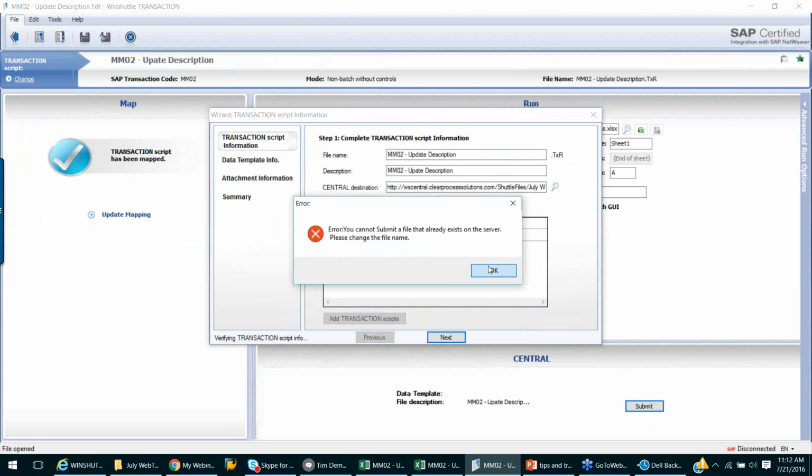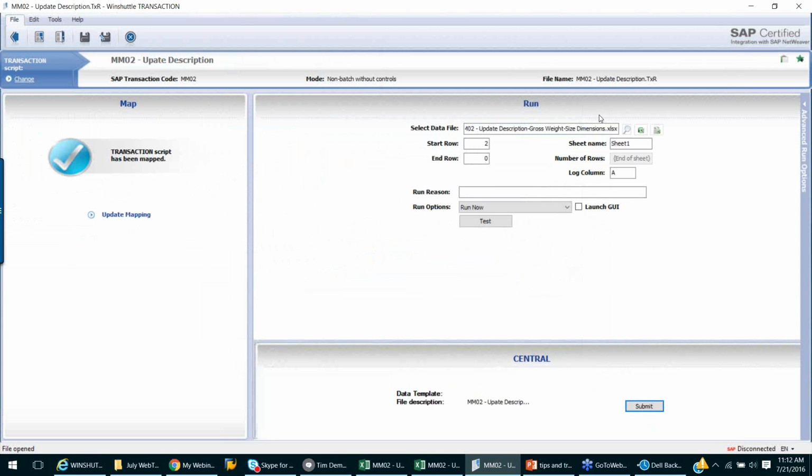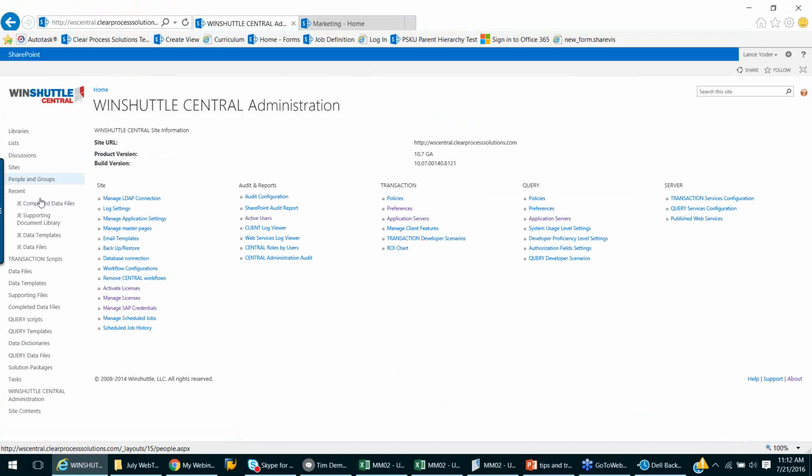It already exists on the server under a different username, so I think we all understand how to submit. I've already submitted these to get the demo going, but just envision us submitting our scripts to Central. They get approved, but now I have two scripts and two Excel files that I have to manage. So looking in Central, if I look at my data templates,